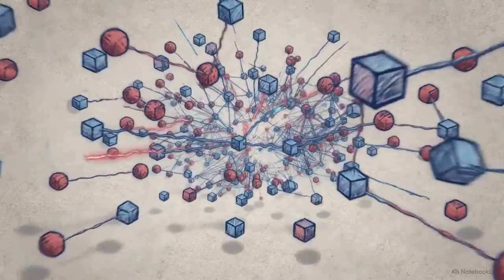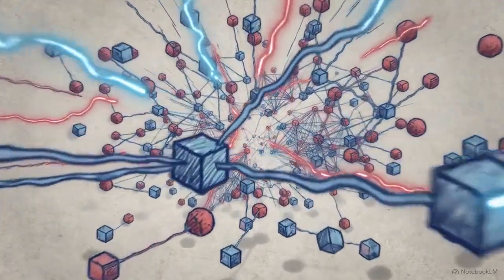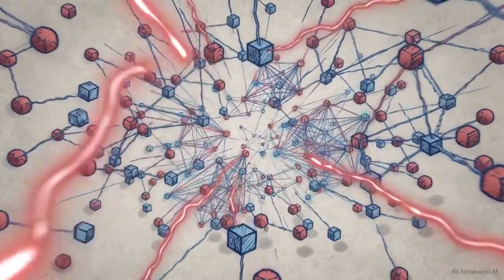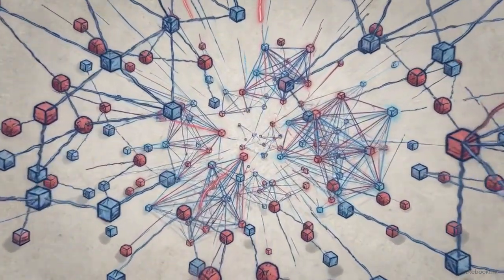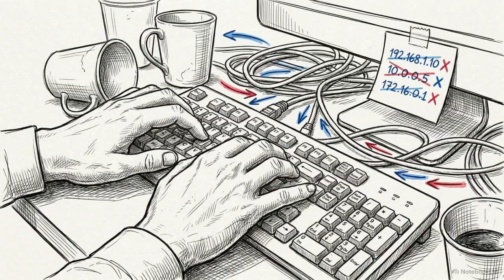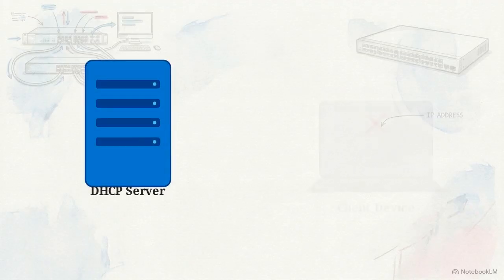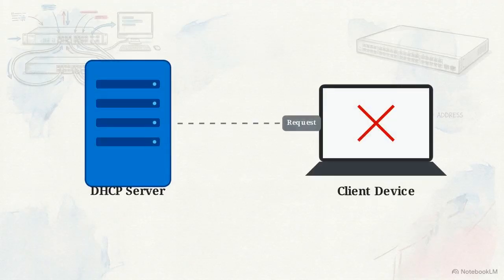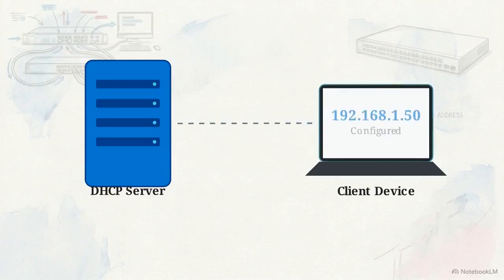This visualization shows how rapidly modern networks link together. In a live environment, hundreds of devices need to connect and communicate instantly. Manually typing out IP addresses for every single machine is tedious and prone to human error. Dynamic Host Configuration Protocol, or DHCP, replaces that manual labor by automatically assigning IP addresses the moment a device connects